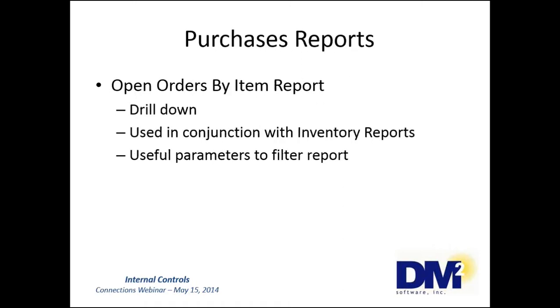You can drill down to item detail by using the Open Orders by Item report to print open purchase orders by item. That'll help you track outstanding purchase orders for particular items you may need. This report can be used in conjunction with the inventory management reports to determine the products that should be ordered in what quantities and by what dates. You can enter a selection of item codes, item descriptions, product lines, and warehouses for your selection criteria of what to print.